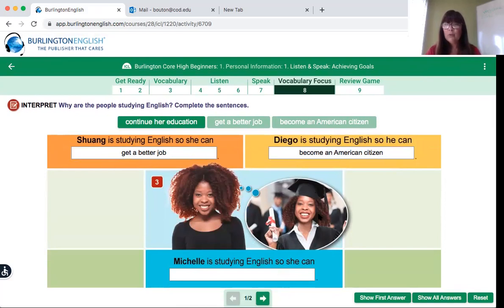She is graduating, all right? She looks like she has finished college. She's holding what looks like a diploma. She's wearing the cap and the gown. Continue her education.